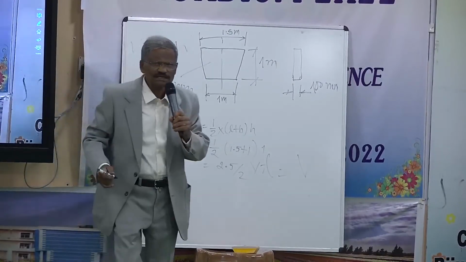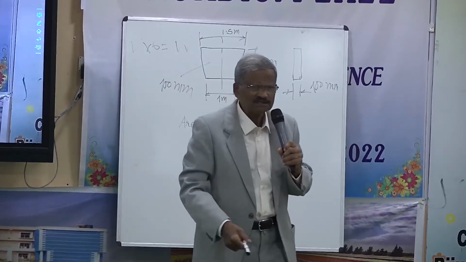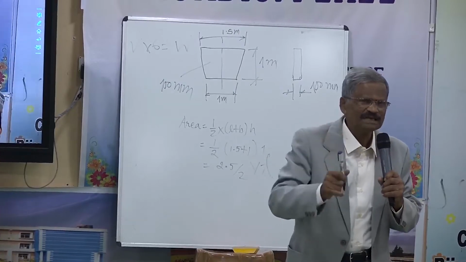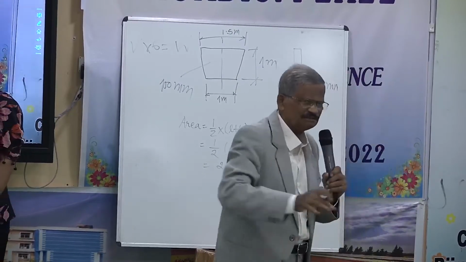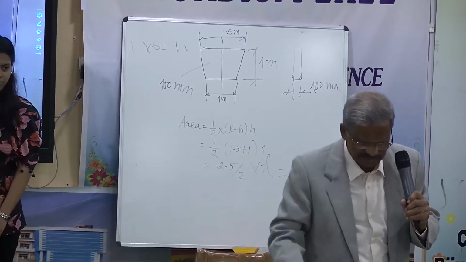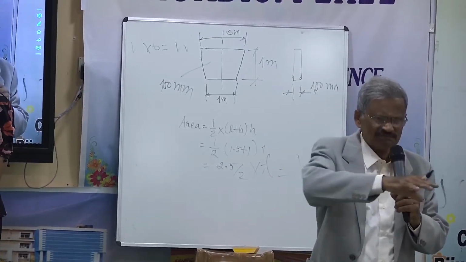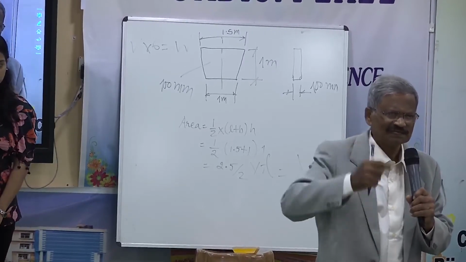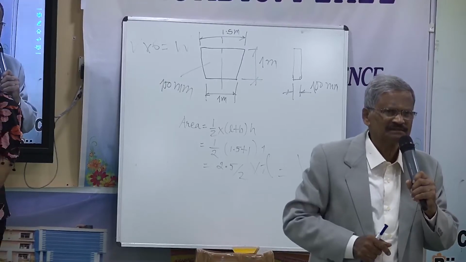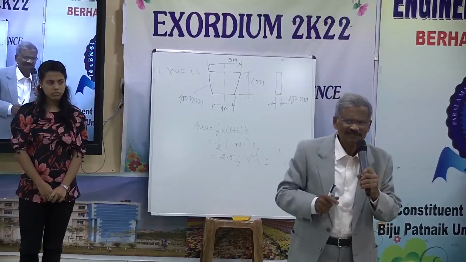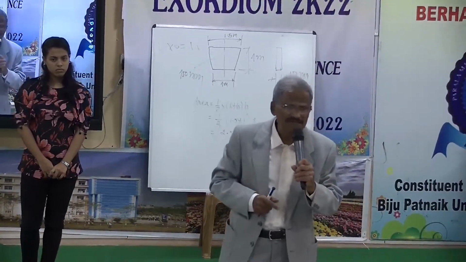See, there is a container, 1 meter length, 1 meter width, 1 meter height. It is filled with steel, this is steel plate, suppose. So what is the weight of the container? 1 meter length, 1 meter height, 1 meter width. 1 cubic meter. Okay. What is the weight of the steel plate? Anybody? If it is filled with water, what is the weight?